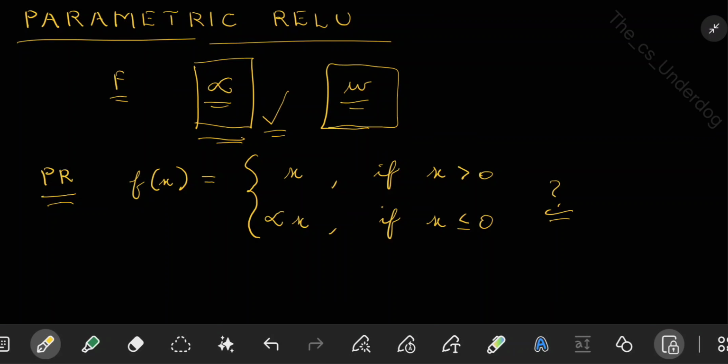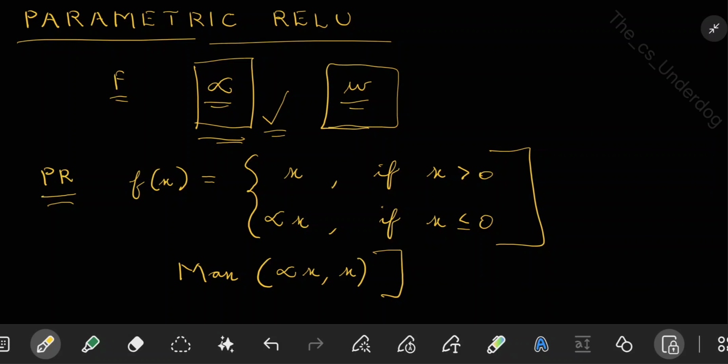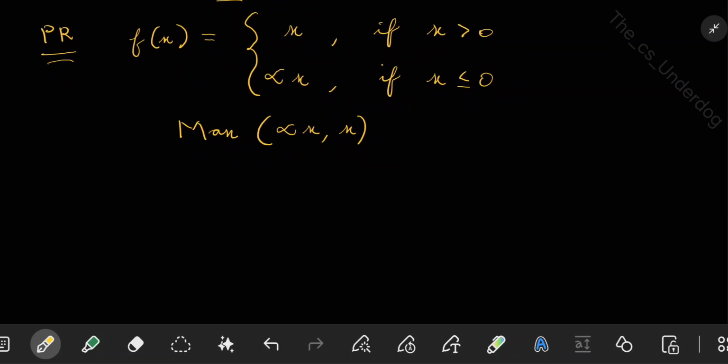Before that, this formula you may also see in other forms. Instead of writing it this manner, you can also write it as max of alpha x or x. This also means the same. I just want you not to be confused if you see this particular format somewhere else, or in some places you may even see it in a different format. You can also write it as max of